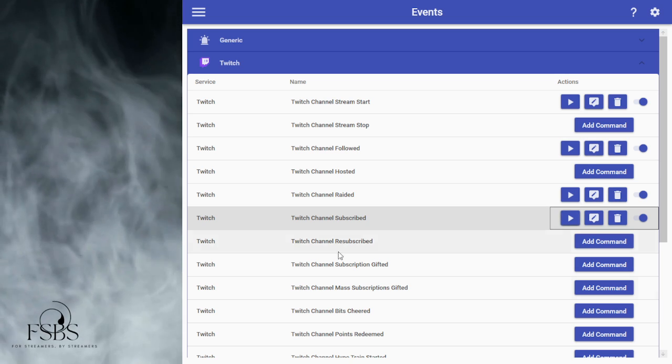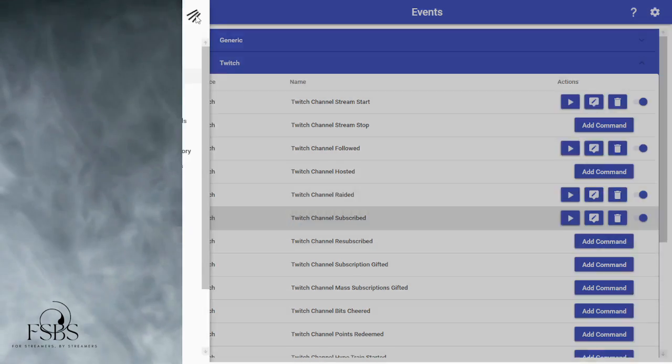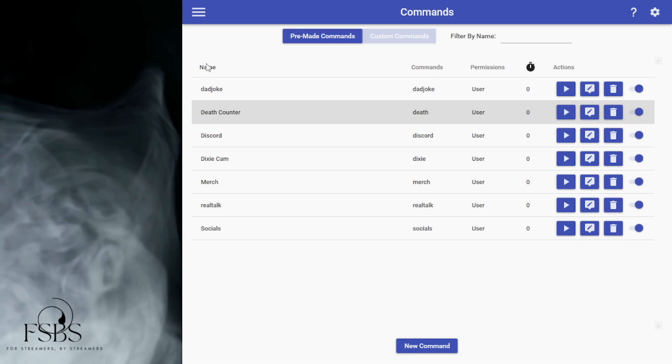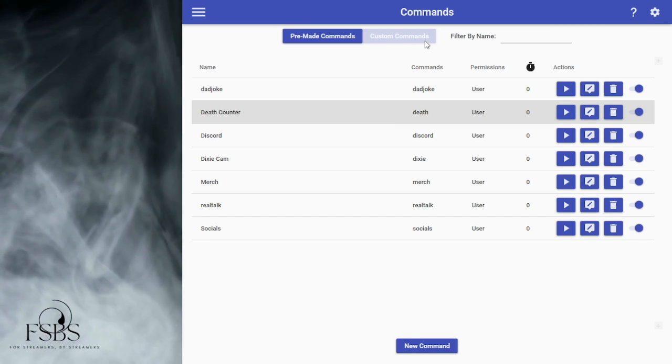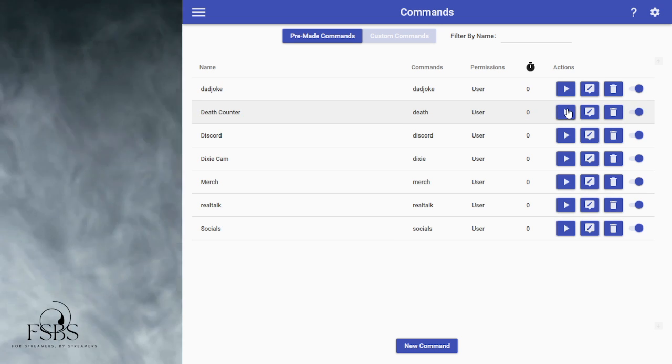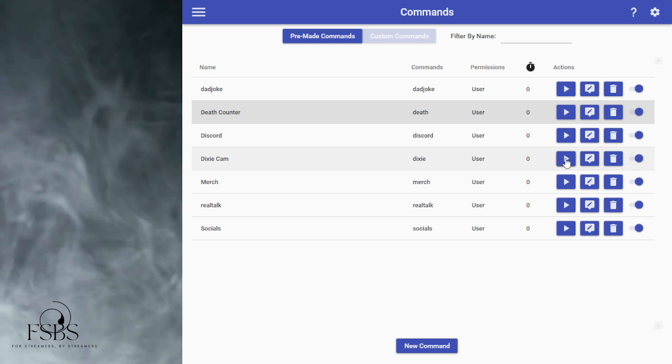And then, since you kind of missed it a little bit too, Oaksade, if you want to just look through here, your commands are your pre-made and then your custom commands where you can add in whatever ones you want. So like we have a death counter set up here, the Dixie cam,